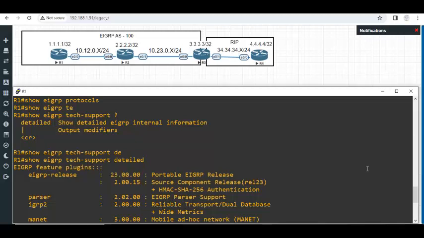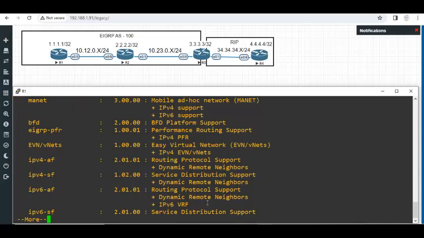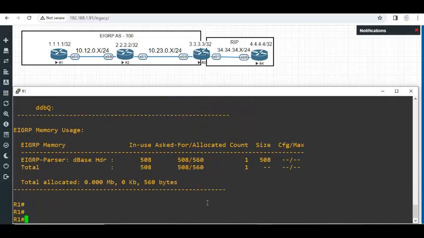So the newer version of EIGRP is 2.0.2.0015. The release version is 23. This is a newer one. If you take any old router and check, it will be a small number, 1 dot something. Okay, now this is not so important. What I want to show you is